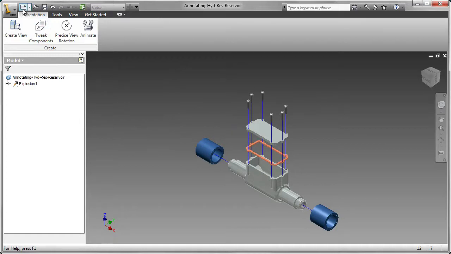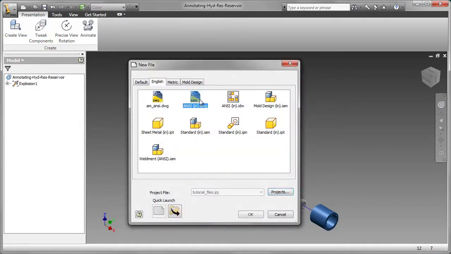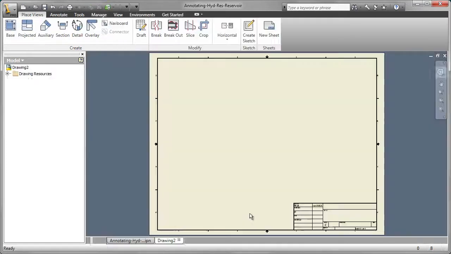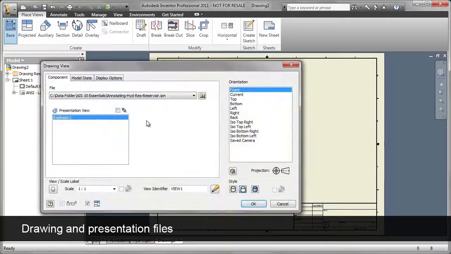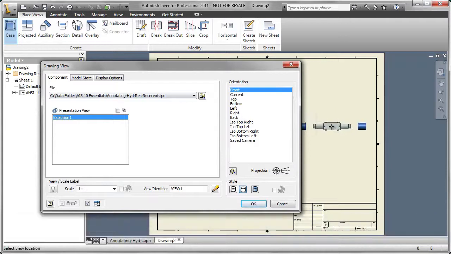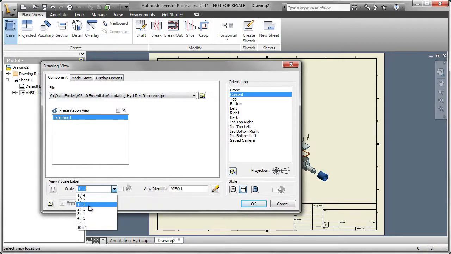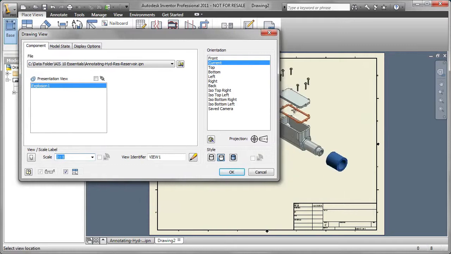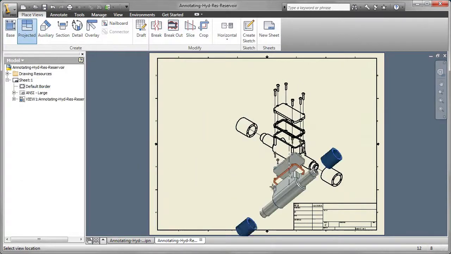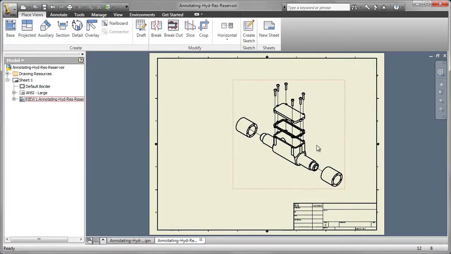So let's go ahead and create a new drawing. And when we create the new drawing, the base view is going to be the presentation file. So currently, because the presentation file is open, I don't need to select it. I'm going to change that to the current view and increase the scale to 2:1. Now I can place the presentation file inside the drawing. Click on Done, and we'll just move that over a little bit because we're going to add balloons in the